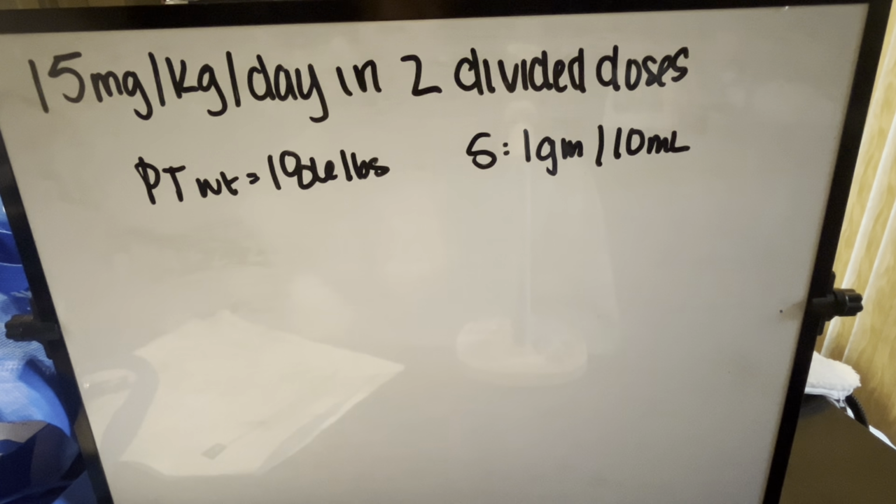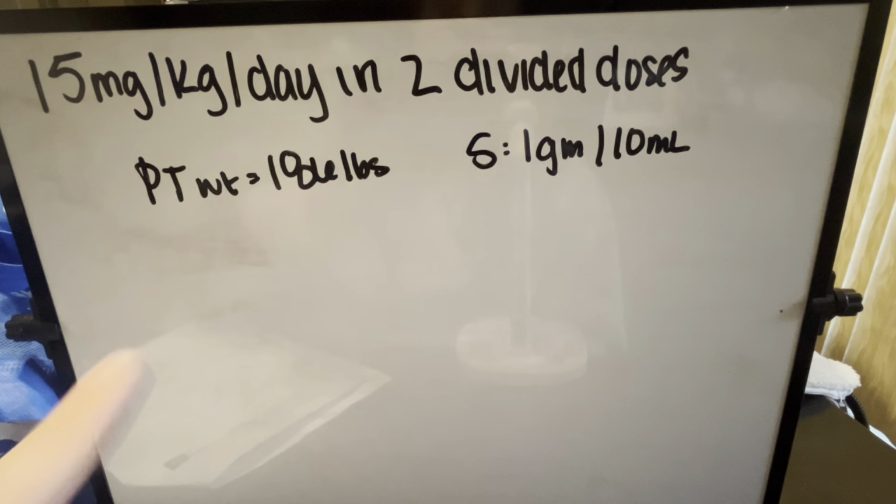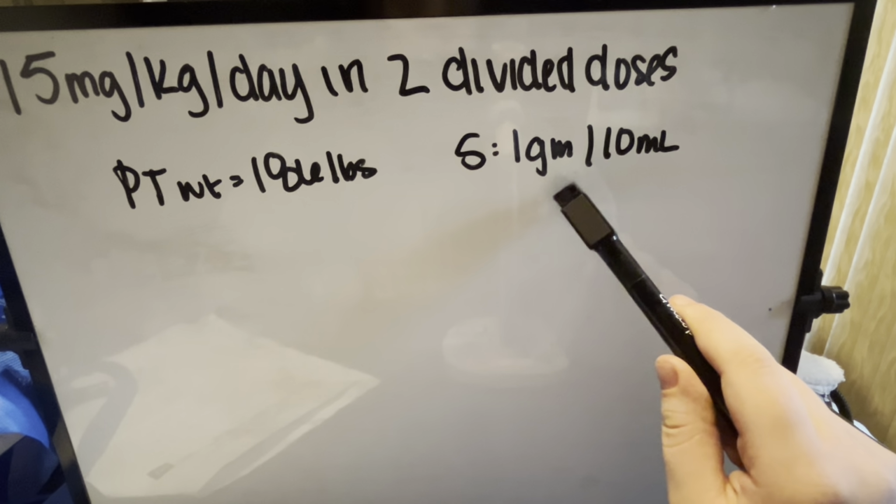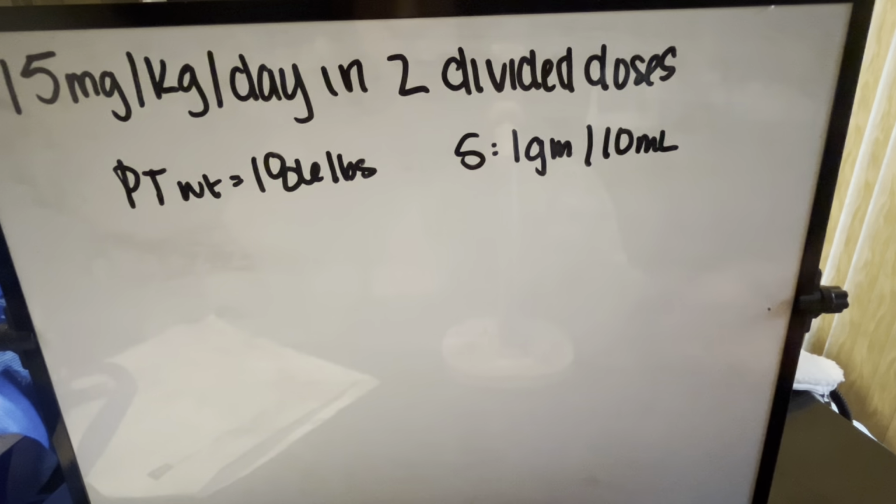Okay, so one of our problems is we have a medication that says we are doing 15 milligrams per kilogram per day in 2 divided doses. The information given to us is that our patient weighs 186 pounds and our stock of our medicine is 1 gram per 10 milliliters. Now, this is a lot of information to be given at once. And the most important thing is to ignore information until it is vital. So right now, when we're trying to figure out how much of the drug is required